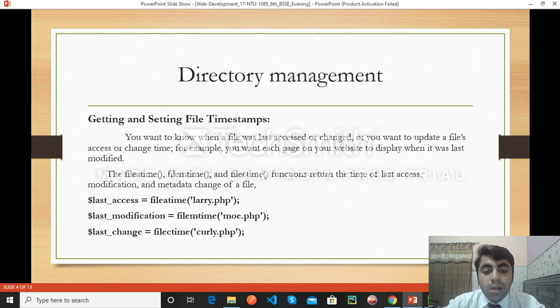How will it work? For example, fileatime larry.php, filemtime moe.php, filectime curly.php.